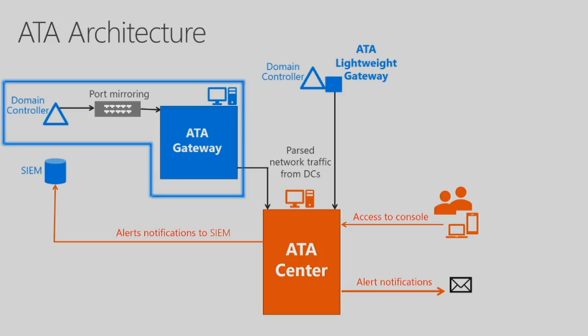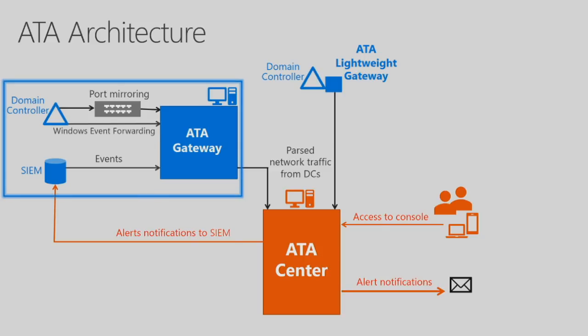Now the second type of gateway you can have is a standalone gateway. Here you can connect one or more domain controllers to your ATA gateway by sending the traffic via port mirroring or a network tap so that the gateway can see the domain controller traffic without actually running on it. Now we do need more than just the gateway traffic. We still need those events. So for the standalone gateway, you need to set up Windows event forwarding from your domain controllers through to the gateway to send us the events we need. Or if you're already gathering that information from a SIEM system, we can also get those Windows events directly from a SIEM rather than you having to do the Windows event forwarding.